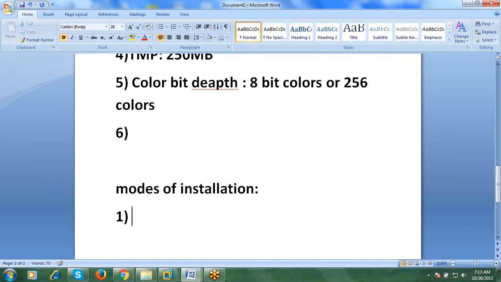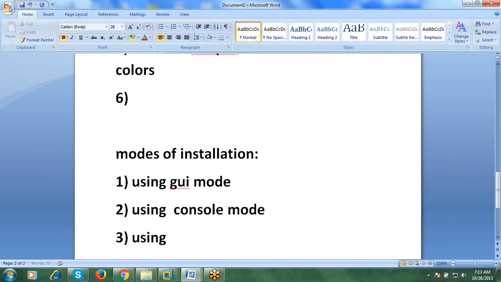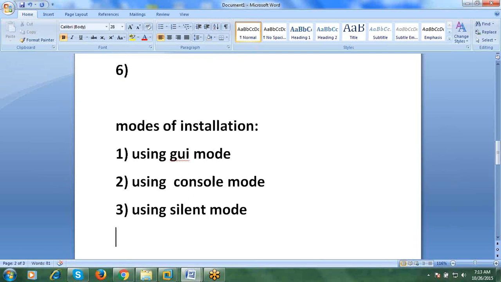The modes of installing: the first one uses GUI mode, the second one uses console mode, the third one uses silent mode. Right. These are the modes of installation. Let us first see the 32-bit operating system. Later we'll see the 64-bit operating system. First, connect to the target system and check the JDK, and then go to the downloaded WebLogic server installer path and issue the following command: